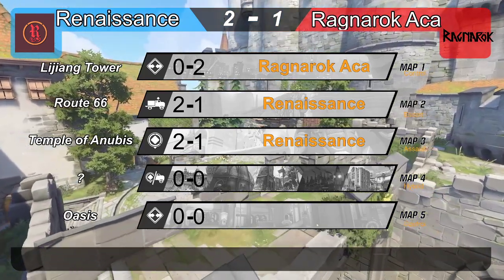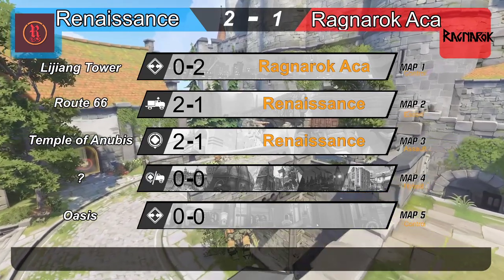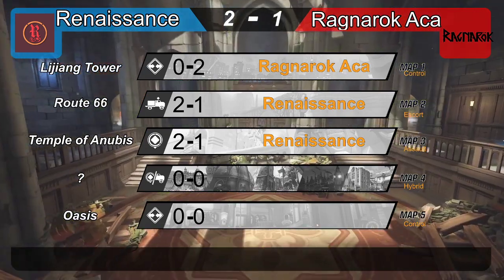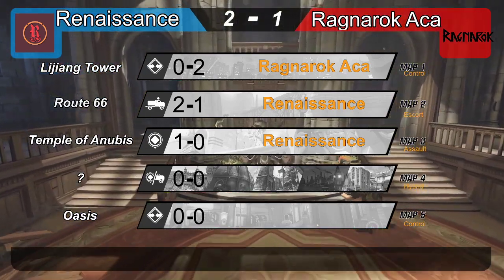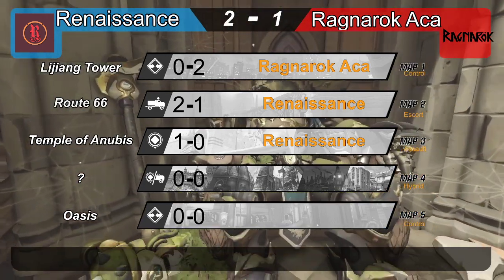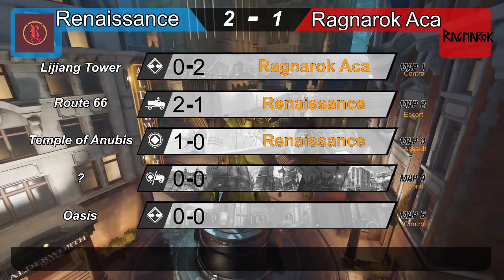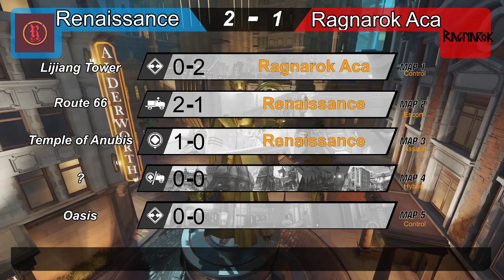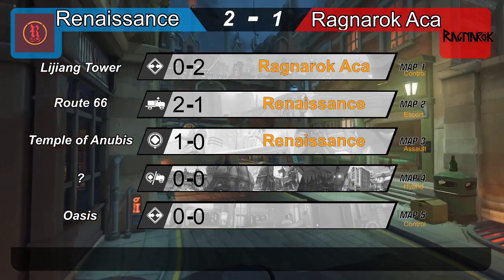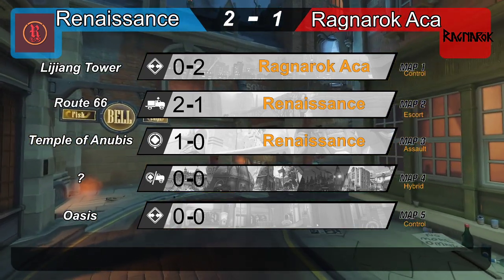Ragnarok Academy, they're winning their 1-0, capping that first. Not Ragnarok Academy, sorry. Renaissance on the offense there was able to cap Anubis first with the much lower requirement of only 1.5 ticks, basically, after the splendid defense, as Ragnarok really tried to force into a small enclosed area of a room against a Torb, Hanzo, and a Sigma, and found that walking into that deadly combination proves